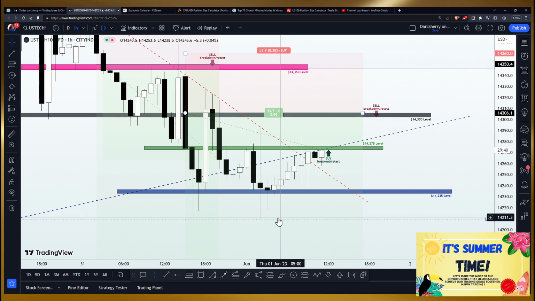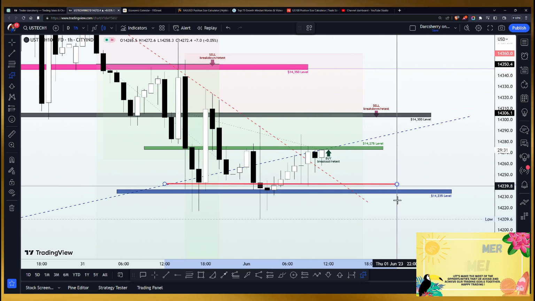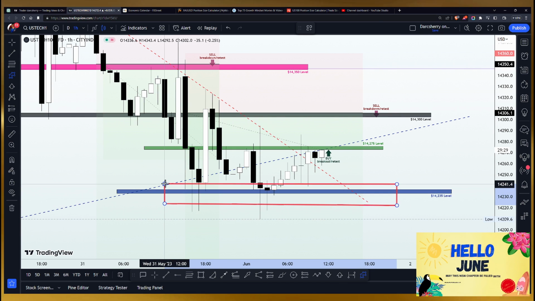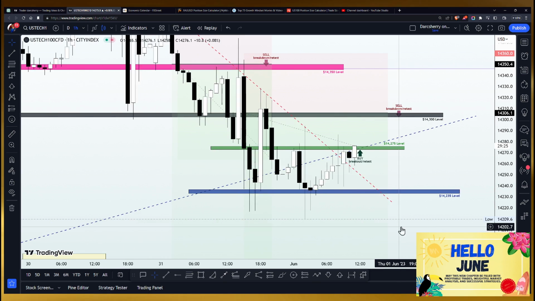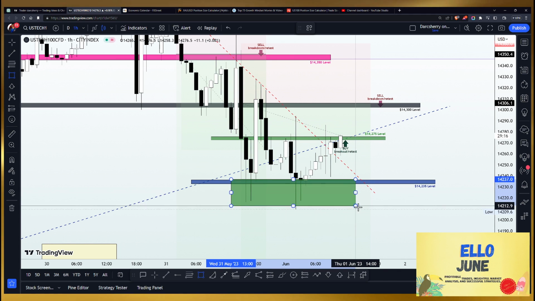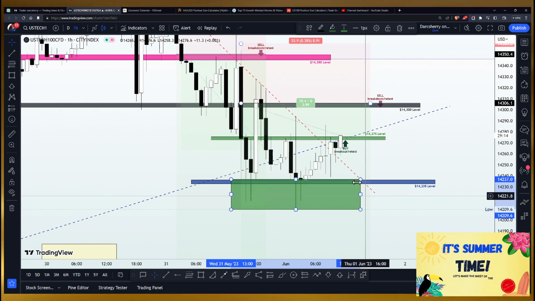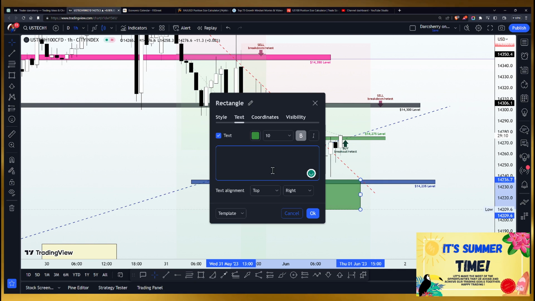And today, I would want to be projecting a bullish expectation in this market as long as price action remains above this 14,235 area, which I will be calling our new demand zone at this point. So for the sake of clarity and for those who would like to screenshot my screen, let us highlight this area as our new demand platform for trading opportunities going forward. So we shall be labeling this one a demand zone.